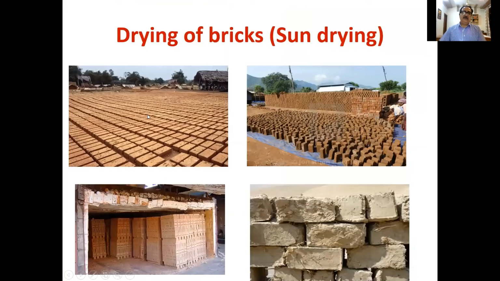After the molding process, because the bricks are wet in nature, they are subjected to the sun drying process. So we can see over here, this is the process of sun drying. When the clay bricks get certain strength, only then are they lifted and placed in the kiln. The sides are inverted, and they are kept vertical to get dry. Even some shades or covered portions can be provided in case rain is expected. So these are sun-dried bricks.